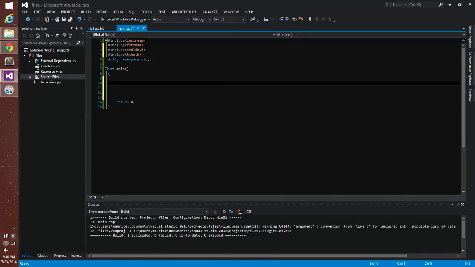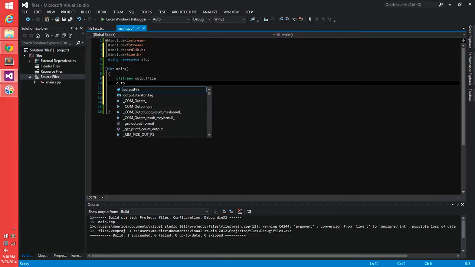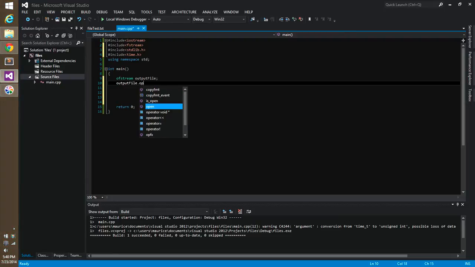So let's start by writing out to a file. So the function is ofstream. And then you can name it whatever you want. I always name it output file. That way it's just clarity, I know what I'm working with. So then we do output file dot open, and right here between the parentheses is where you put the name of the file. So let's do file